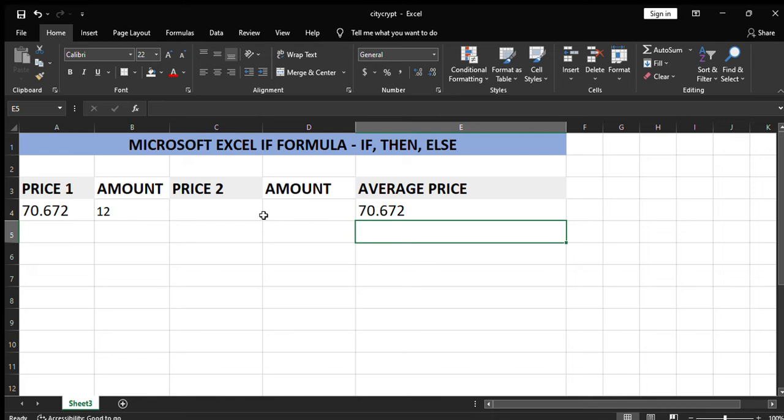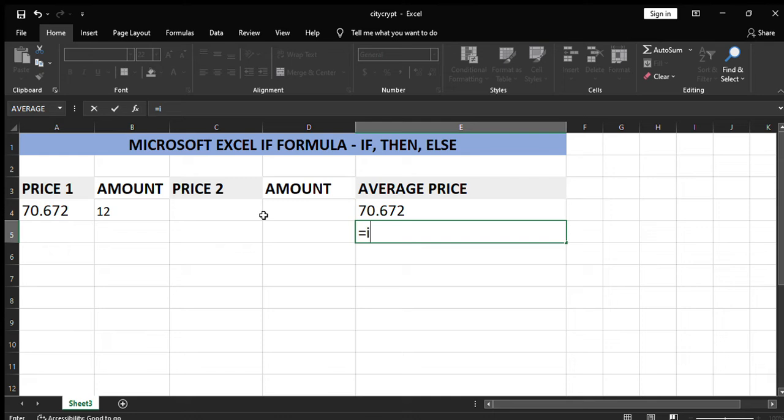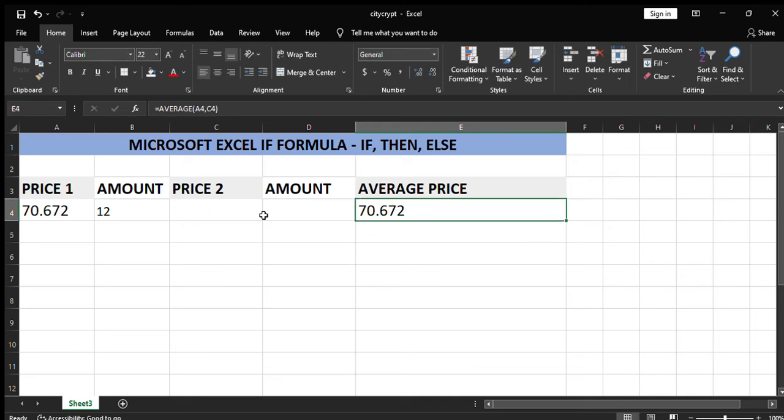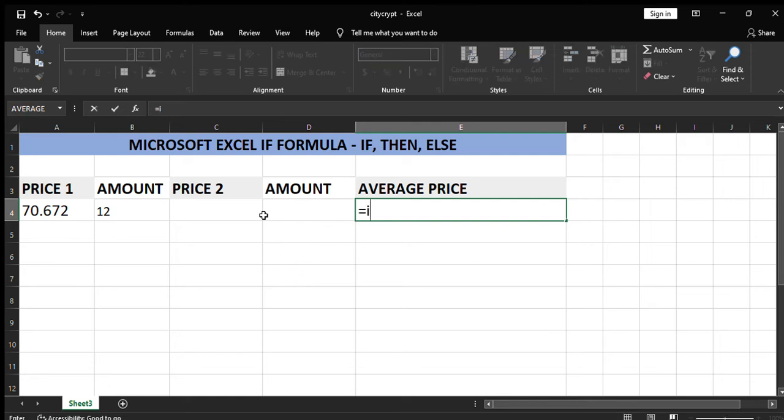Just like you start any other formula, you start by equal to, then write if. Let me just use it here. So equal to if,